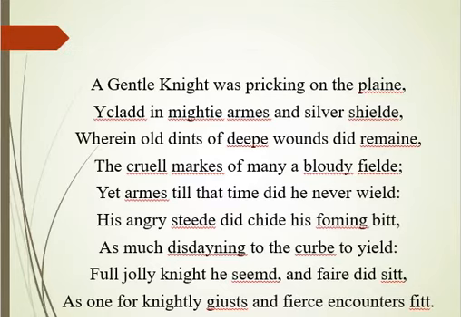So his horse is making foam in its mouth, and as much we can simply say disdain to the curb to yield. Dear students, it appeared as if it wanted to cheer that curb, it had to yield. Fully joyous knight he seems, so he appears to be a very nice, very kind man, and fair did sit,